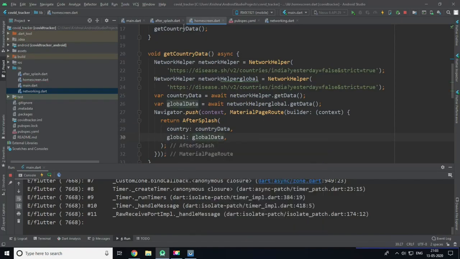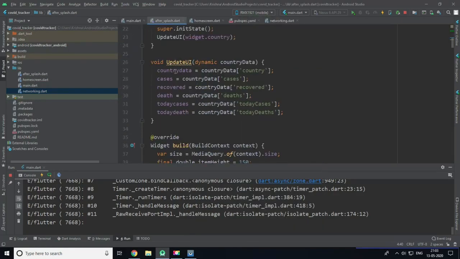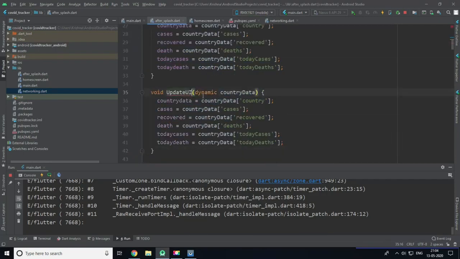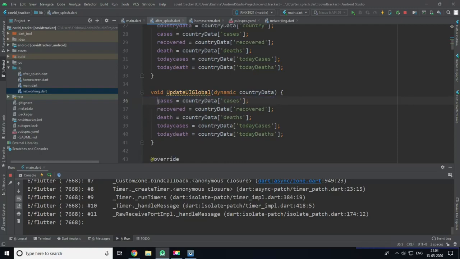Okay, now in after splash we need to create another update UI method. Let's say update UI global with same country data. Okay, let's change these numbers. We don't need any country data, we need only global cases, global recovered, global death, global today cases and global today's death.